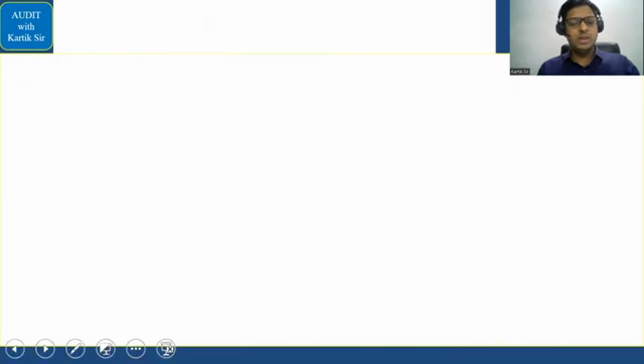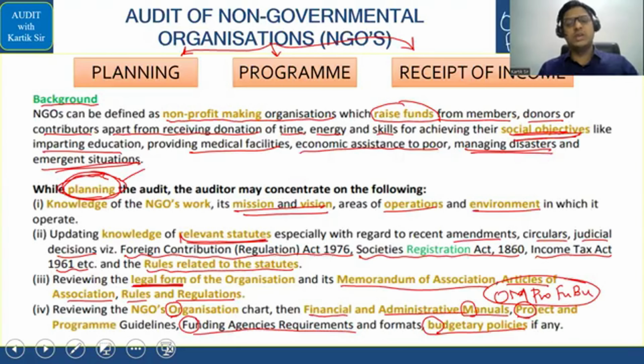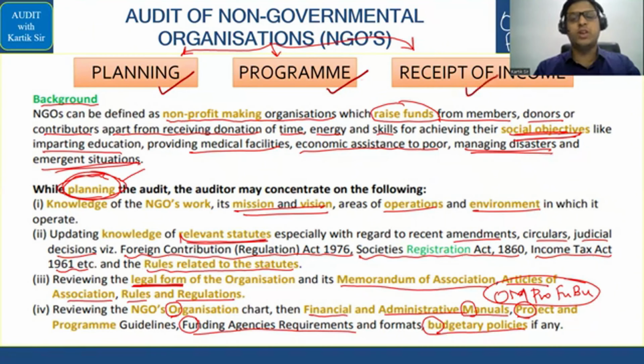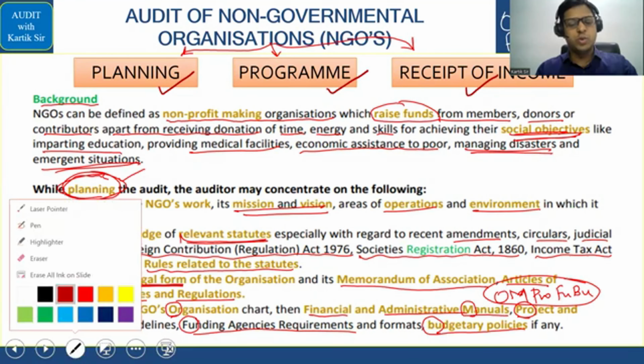Let's move forward. Now after this we did a very nice part called audit in relation to NGO. ठीक है? An audit of NGO का मैंने spread already दिया हुआ है यहाँ पे. That is how we'll do the planning in relation to the NGO. Program क्या रहेगा? So audit करते समय आप क्या क्या चीज का ध्यान रखोगे, and finally it is your receipt of income. ठीक है? ये करते हैं quickly यहाँ पे, and this we have done in the story format. So I'll just quickly mark the points, and with that just give you the gist of the story so that it is easy for you to recollect it.